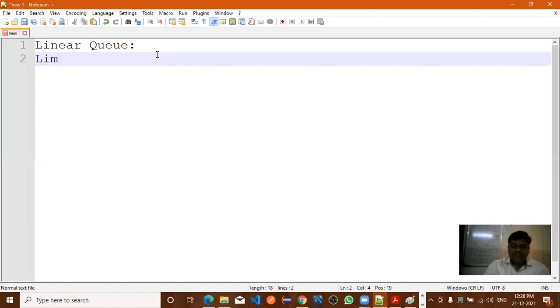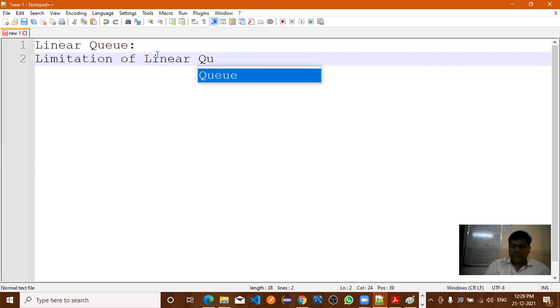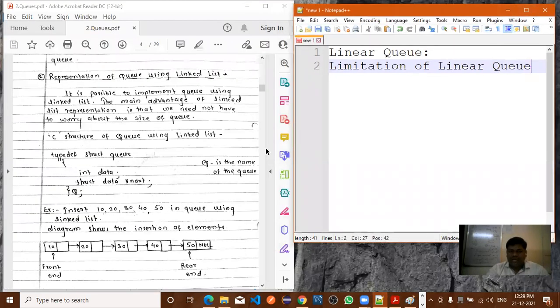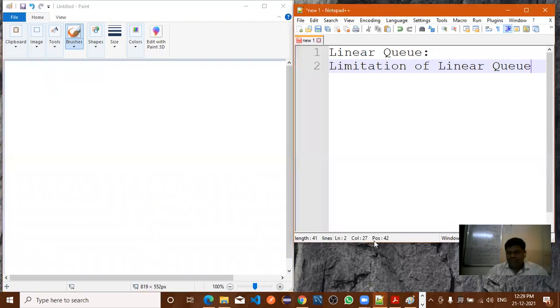So, limitations of a linear queue. Now what is the limitation in it? Now I will draw a simple diagram here.